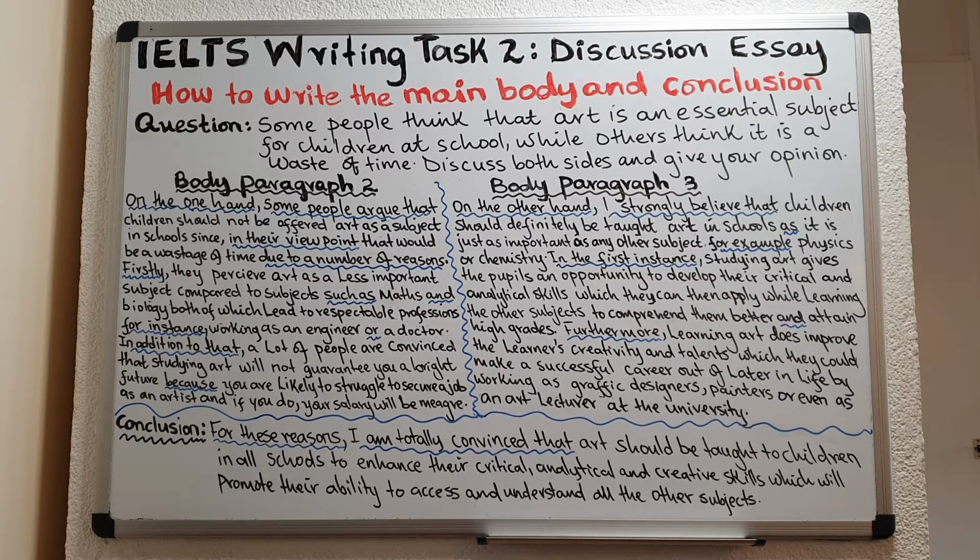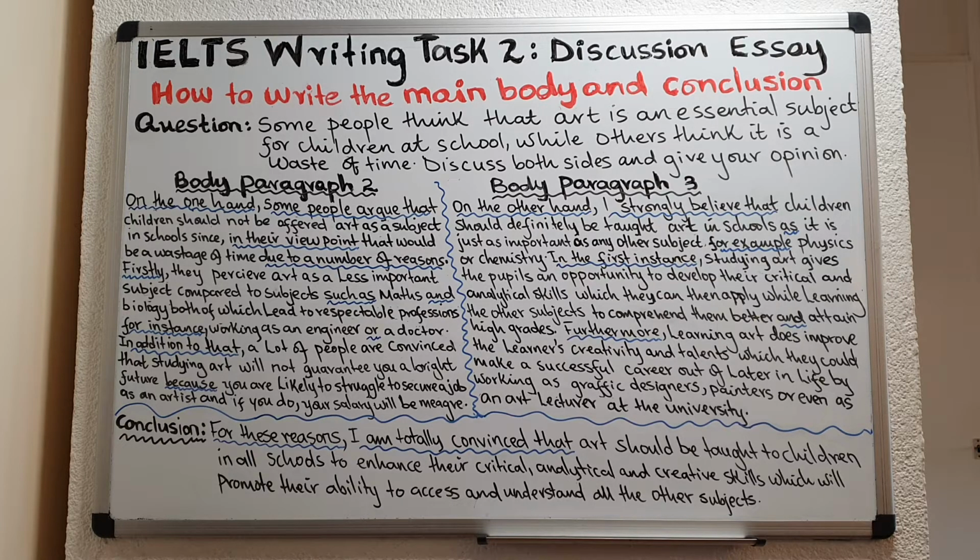We are going to write body paragraph 2 based on the opinion of those people who think that art is a waste of time. So in body paragraph 2, I will be proving that art is a waste of time. We begin with "on the one hand," and this is because we have 2 points of view. So we have to make it very clear to the examiner that we are going to discuss one opinion in one of the paragraphs. So we begin with, on the one hand, comma,